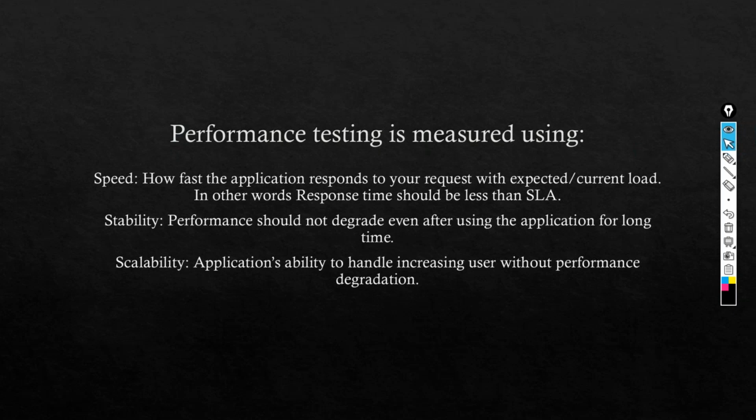Is it okay for us if it loads in 1 or 2 minutes? Generally, we won't accept that. We won't feel like using that application if it takes so much time. We will generally look for an alternative application, right? So they will lose the business if the performance is not up to the mark. So the companies lose the business. That's the reason they give more importance to testing the performance of the application.